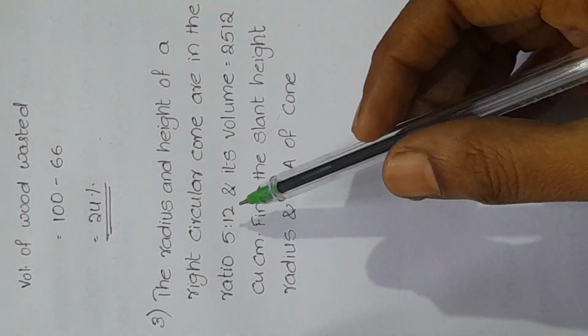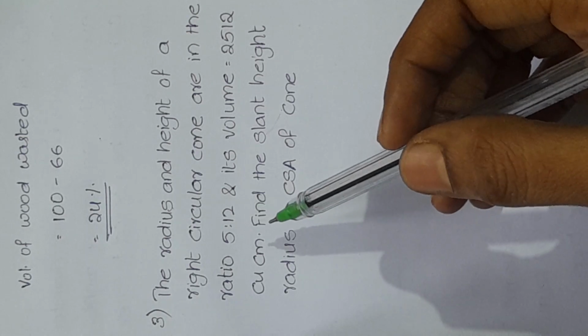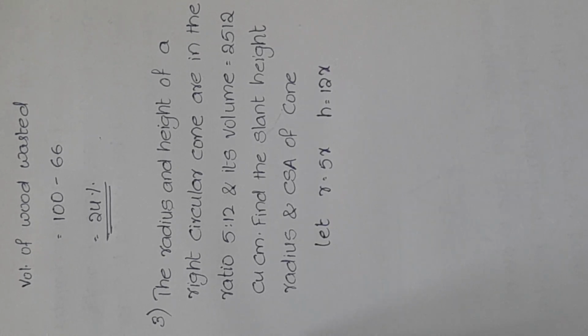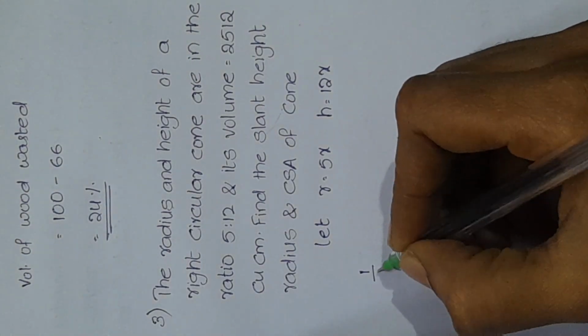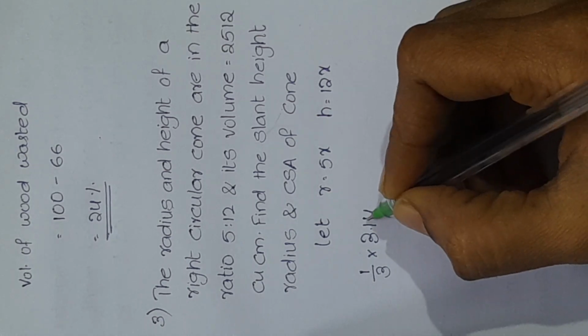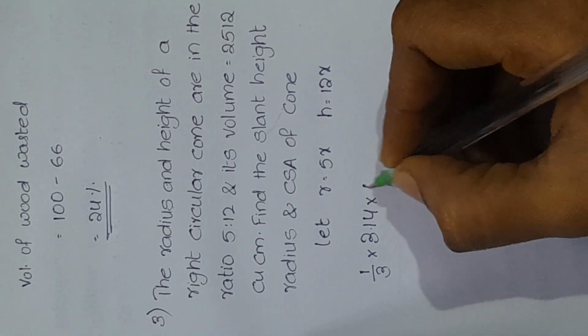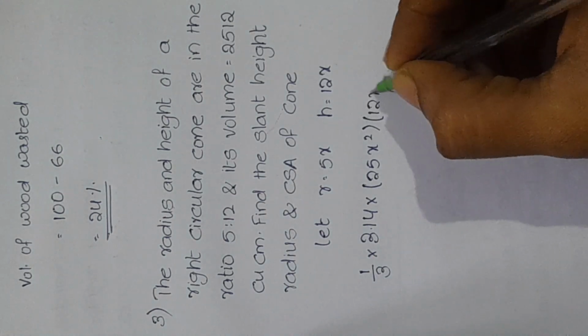Third question, the radius and height of a right circular cone are in the ratio 5:12 and its volume is 2512 cubic centimeter. Find the slant height and radius and curved surface area of the cone. Let r be 5x and height be 12x. Here the volume of the cone is given. Volume of the cone formula is 1 by 3 pi r square h. So 1 by 3 into 3.14, that is 22 by 7 value is 3.14, into r square, 25x square, into h, that is 12x, is equal to